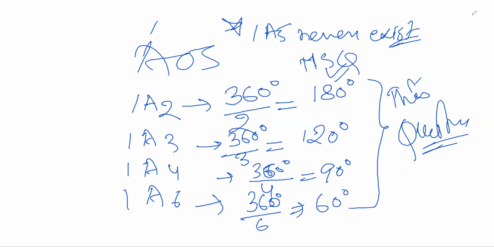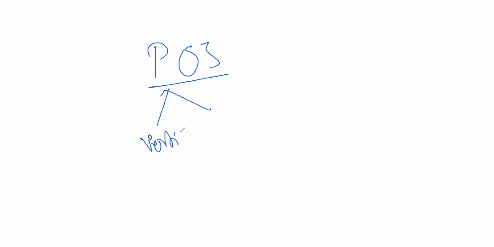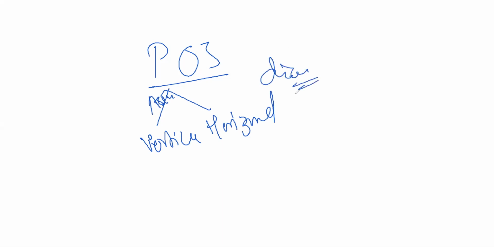All right, so now we will be seeing the plane of symmetry, POS. It can be of 2 types, because we have only 2 types of plane, vertical and horizontal. This could be the axial, and diagonal planes could be there. So axial planes can be there, vertical and horizontal, and diagonal planes can be there. All right, so diagonal and axial, both types of plane of symmetry will be there.